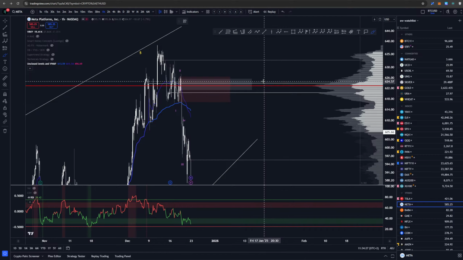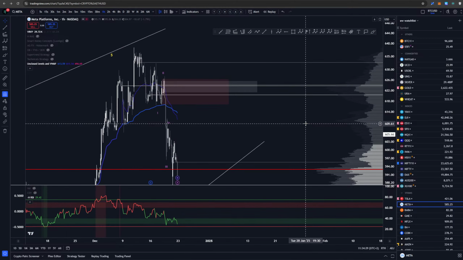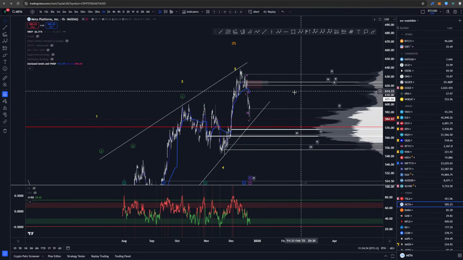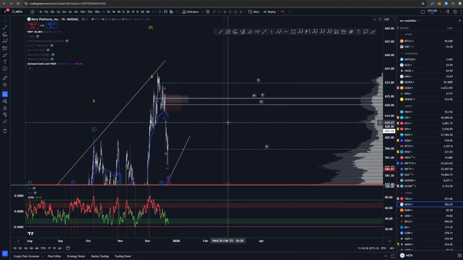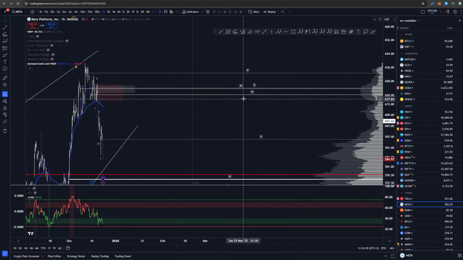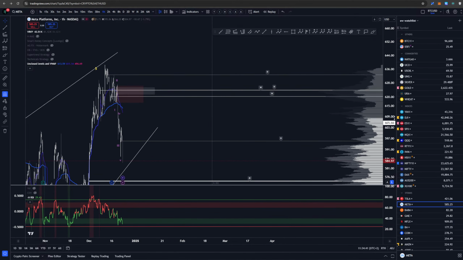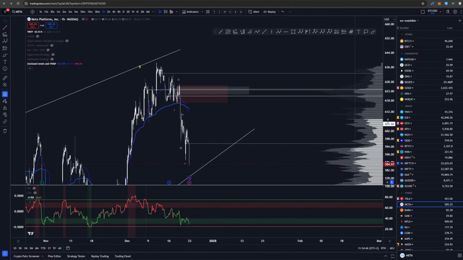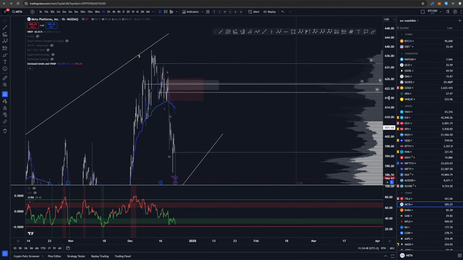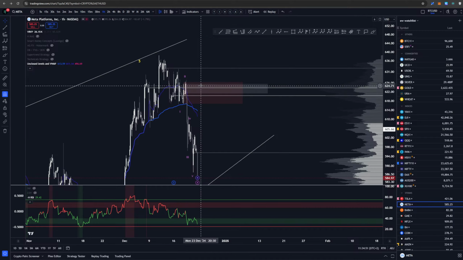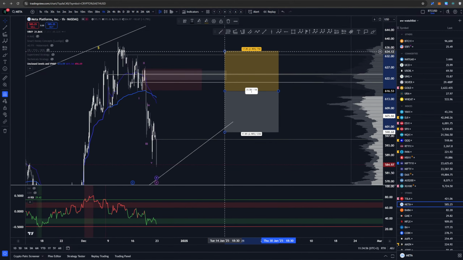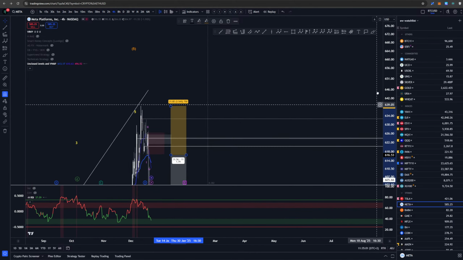A lot of overlapping things here, which is good. For some reason I don't see the labels of them. Maybe they're here. Okay, yeah, there we go. So these are like weekly, dailies and weeklies there. They're old. They've already been touched, so they're not the best. But yeah, I'm expecting somewhere in here some kind of reversal. If we want to be bearish, I mean, these are the areas to look for.